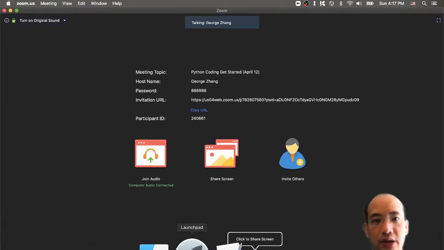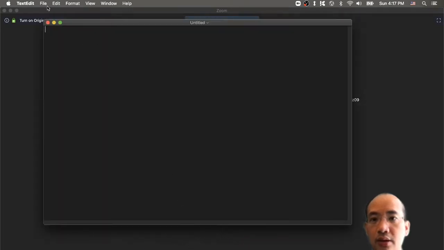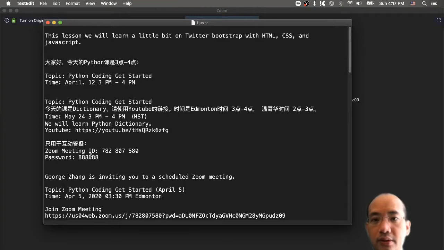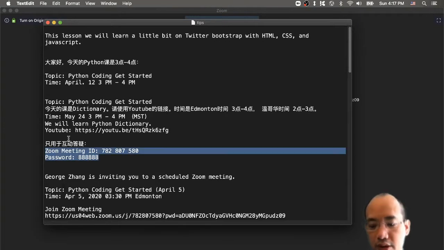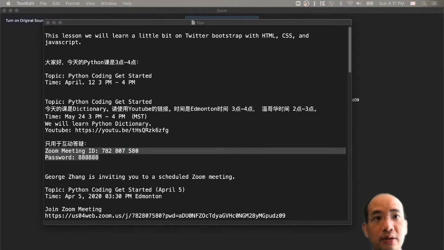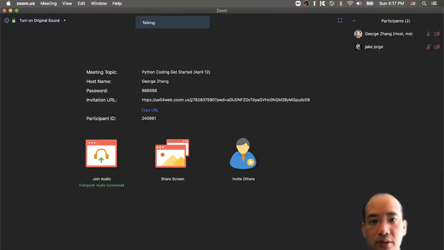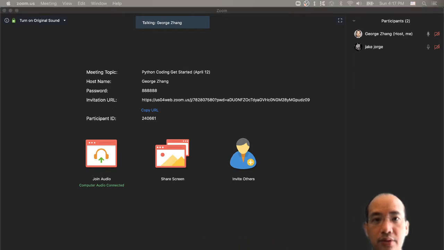Let's see, I have PyCharm, Zoom, and then where's my tips? Yeah, here's my Zoom meeting, my Zoom, yeah. And also I'm going to